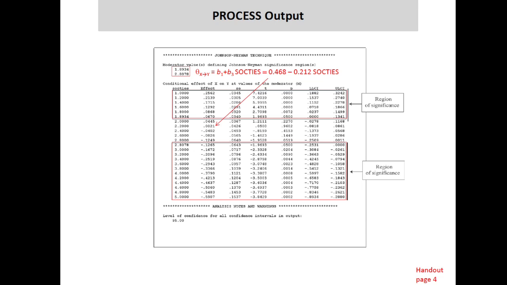And from this, you look at the p-values. The point of this is not to interpret each of these as a literal hypothesis test. The point of these is to see what's happening at the point of transition. Notice, here's one of the points of transition, 2.81. See, the p-value is exactly 0.05. Everywhere above that, it's statistically significant. Again, at 1.89, that's another point of transition that it found. The p-value is 0.05. And everywhere below that value of the moderator, it's also significant. But anywhere between those two values, you see the effect of x on y is not significant.